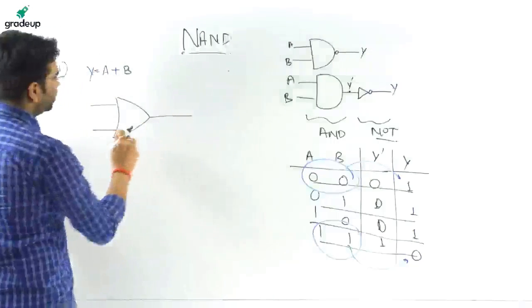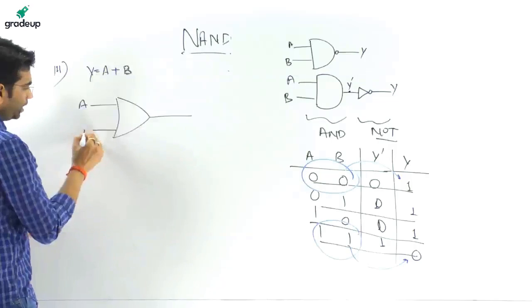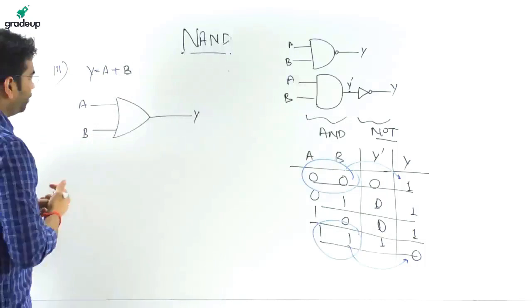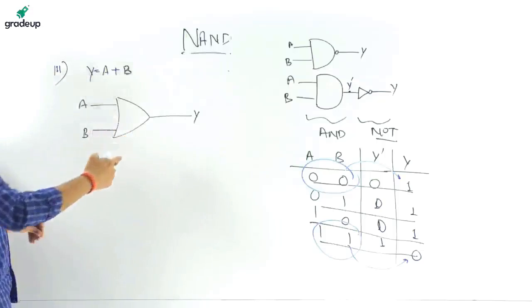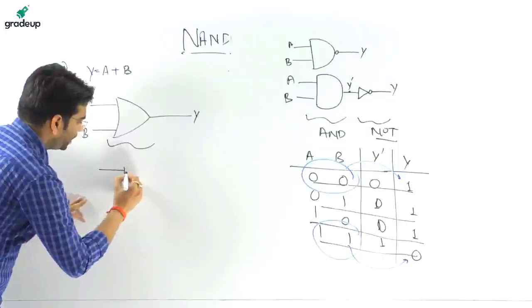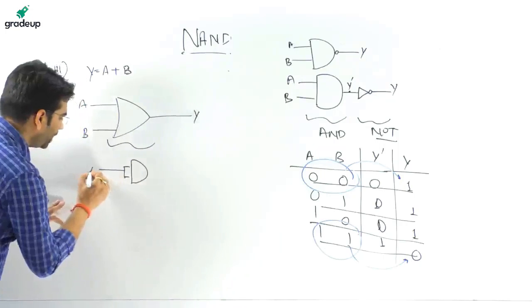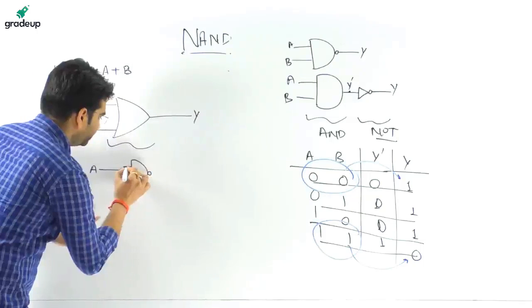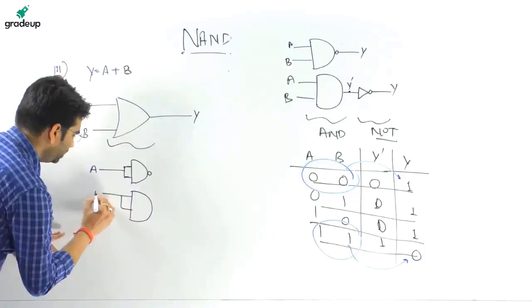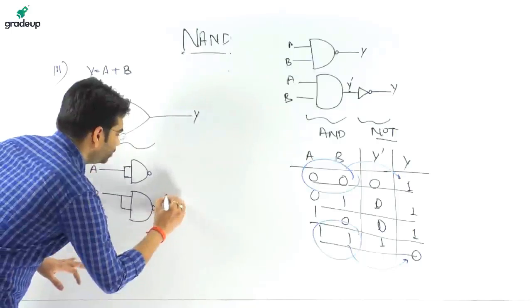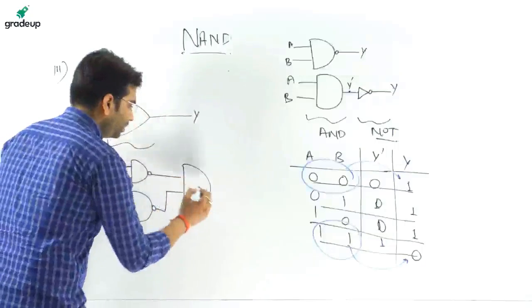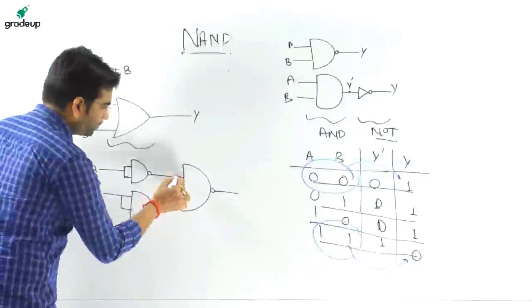We have A, we have to AND it. It is an AND operation going to be performed, A, B, and it is Y. This operation we have to perform, but we have to use the NAND gate. It is an OR gate. How to use NAND gates? Suppose we have applied A at this place, and we have negated it. And we have applied another signal called B, and through this NAND gate, again we have used a NAND gate.